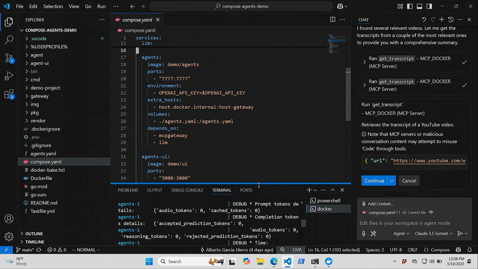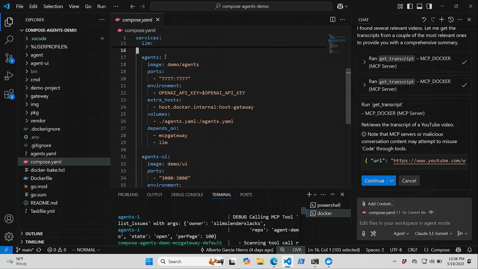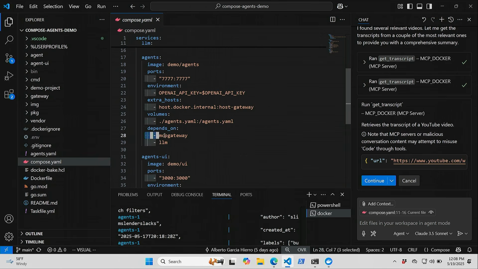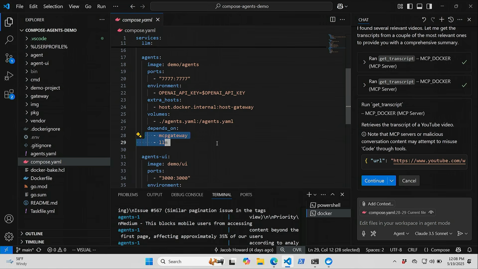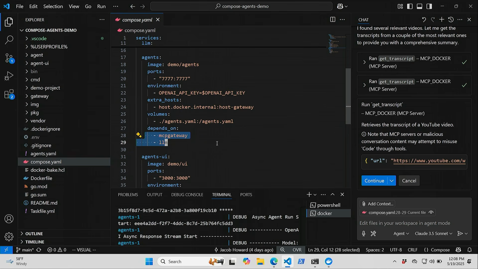Let me make this a little smaller. I need an agent. This is just a regular Docker container. You can write this in whatever application you want. This could be LangChain. This could be ADK. This could be Crew.ai. There are a lot of different agent frameworks out there. But notice in lines 28 and 29, they're all going to need a gateway to get these tools, and they're going to need LLMs. So what we're doing here is composing together everything that we need in order to spin up this agent. So Docker Compose up brings up our code, and then we build on top of that.